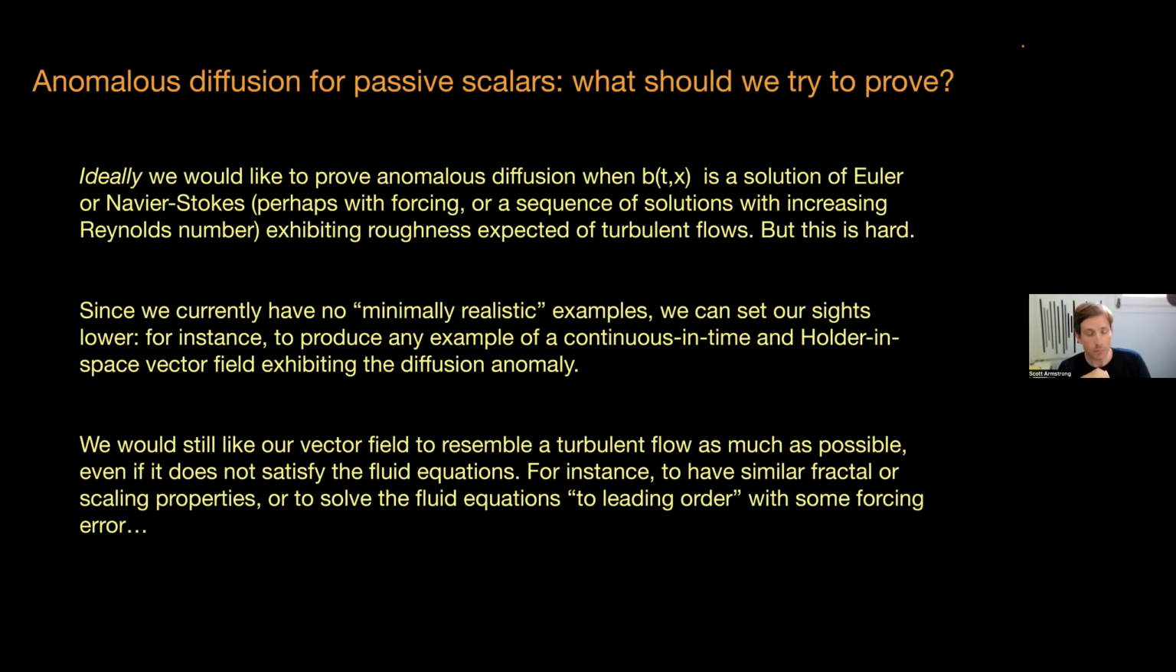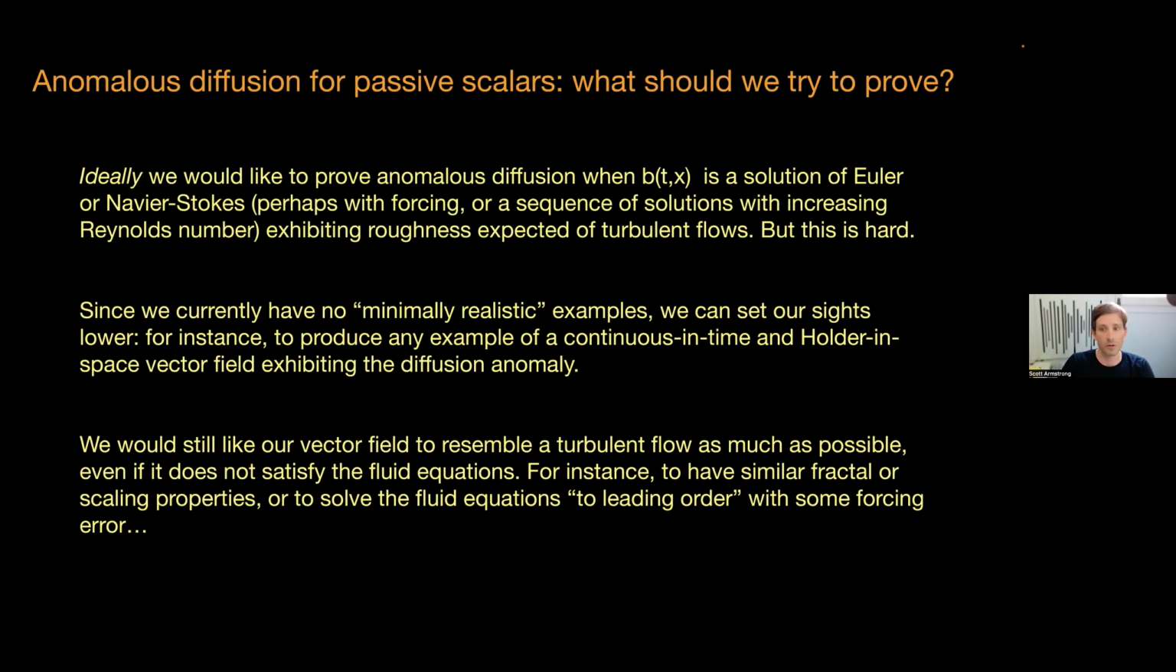Okay, so now I would like to say a few words about what I would like to see in the example. Ideally, in a perfect world, we would like to prove that the anomalous diffusion is happening when the vector field is maybe a solution of Euler or Navier-Stokes. So maybe it's a solution of Navier-Stokes, and the viscosity parameter in the Navier-Stokes equation is related to the parameter kappa in the passive scalar equation, perhaps. So you have a sequence of vector fields, maybe if they solve Navier-Stokes, but you want to take them in such a way that you have roughness, like you're in the turbulent regime,